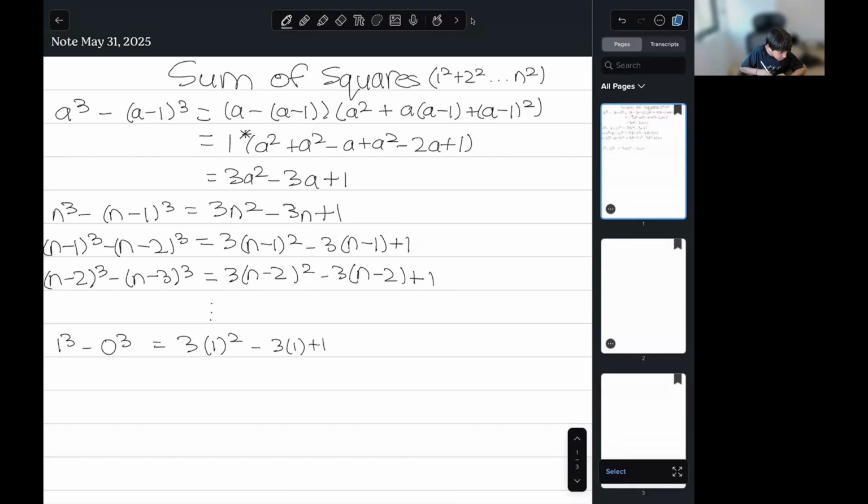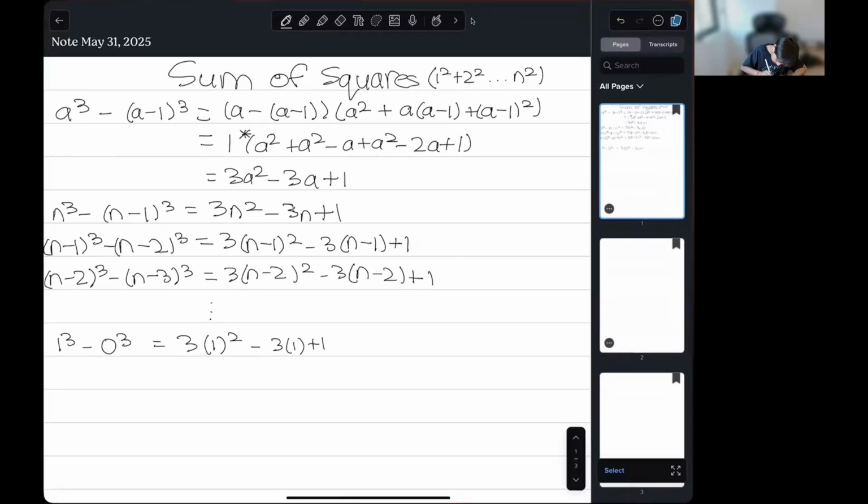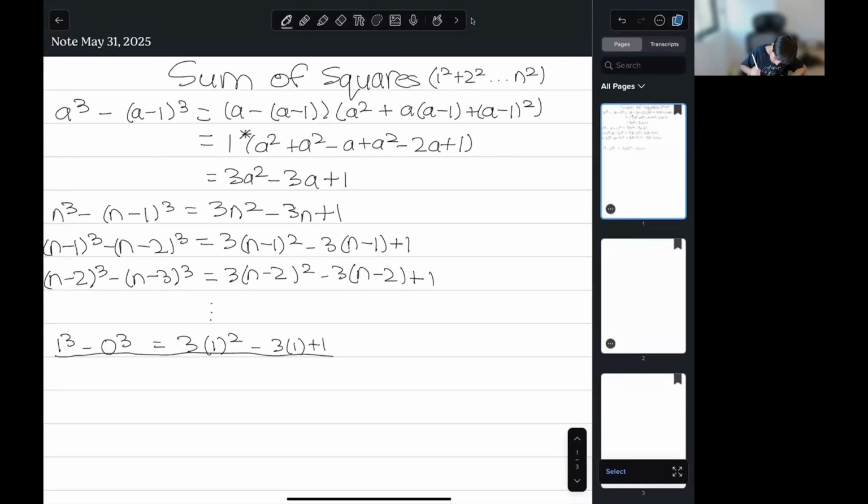So, assuming now we can just sum this up. So we can sum all of the left side and all of the right side, because this will cancel out. The (n minus 1) cubes will cancel out because we subtract it once and then we add it back. And then in the second line, we subtract (n minus 2) cubed, and in the third line, we add (n minus 2) cubed. And so this will all cancel out. And if we just cancel all the terms, at the end, we'll get n cubed minus 0 cubed is equal to